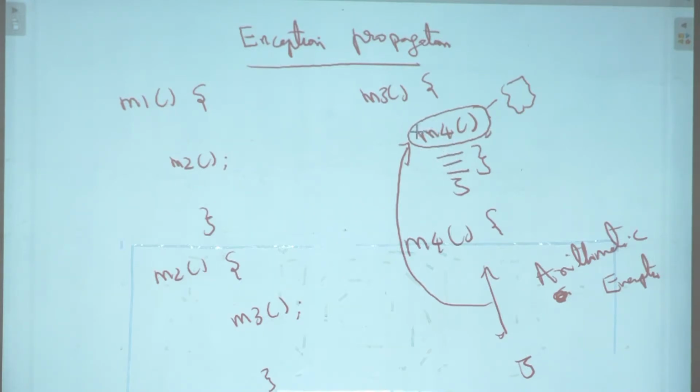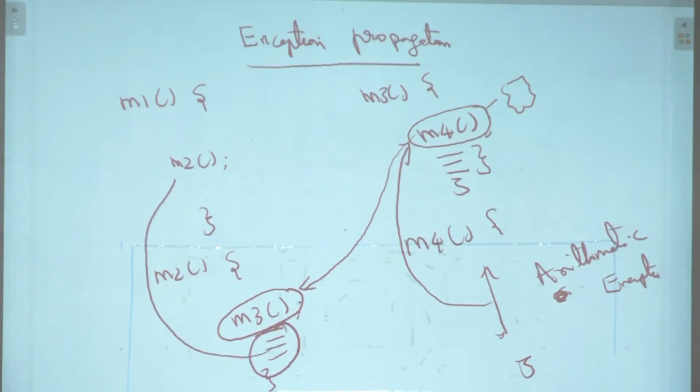So now the exception again will propagate to M2, which called M3. Again these lines will not run because M3 did not catch this exception. M3 had an option to catch this exception by putting a try here, but M3 did not catch it, and the exception propagated to the caller of M3, which is M2. Again, this method terminated with a pending exception. Again, it did not handle the exception. Neither, let's say, did M2 handle the exception. So again, these statements did not execute.